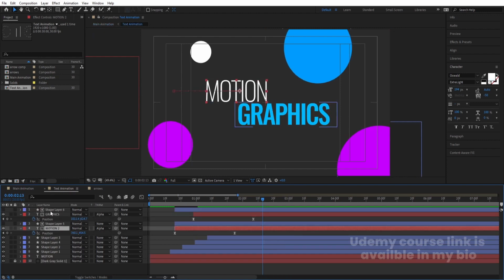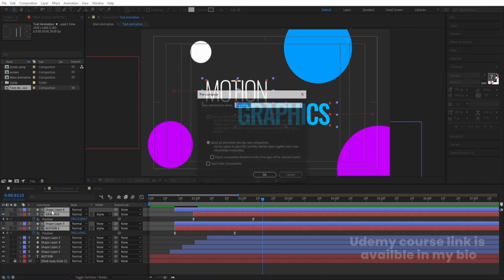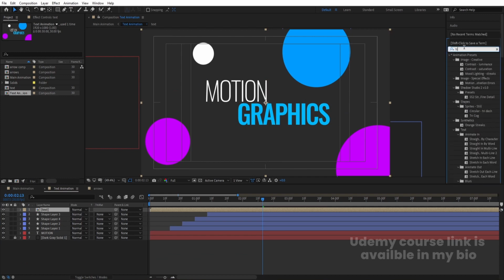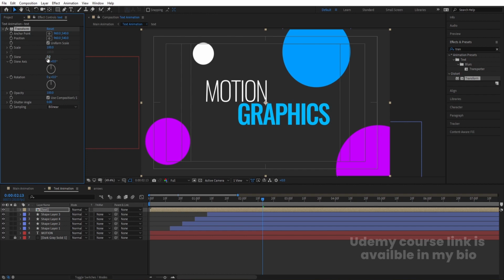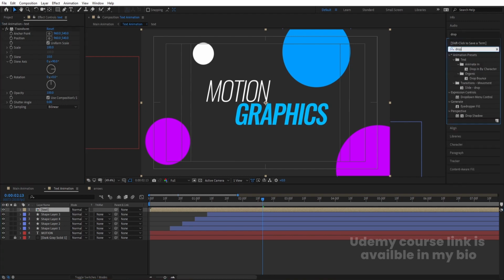Now I'll select all the four layers. I'll press Ctrl Shift C and I'll call it text only, and now I'll go to the effect and presets panel and I'll search for transform effect, and I'll add skew to it, and let's make the skew axis to around, let's say, 90, and let's increase the skew like this, and select this text, go to the effect and presets panel and search for drop shadow effect,